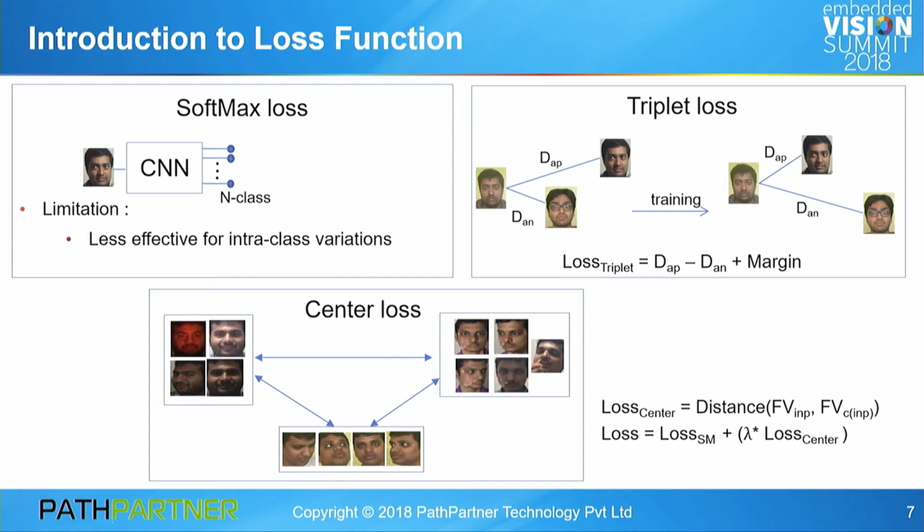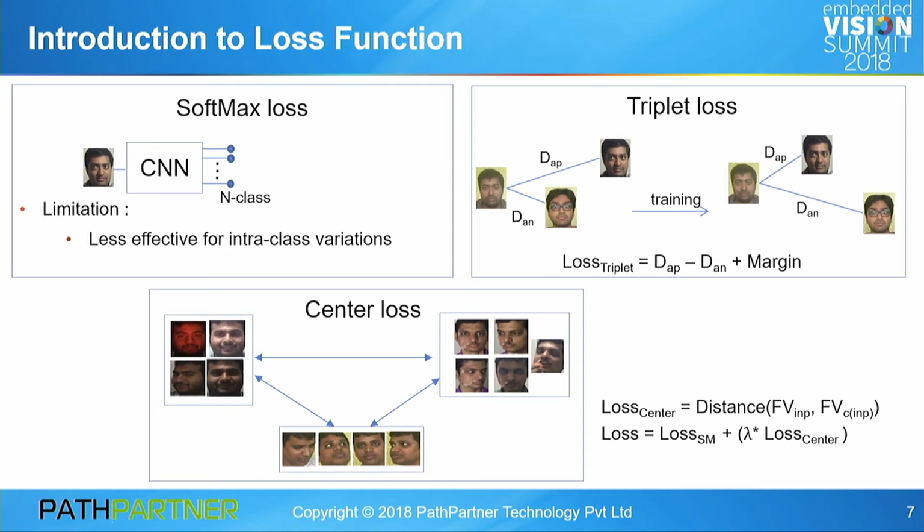So as the name suggests, we try to reduce the distance, that is, minimize the intra-class variations. Since there is no explicit signal, it is not recommended to use center loss alone for training a face recognition task. Typically, it is used in combination with other loss functions, and in general with softmax loss. So the final loss function is a combination of softmax loss plus center loss, which will help the CNN model